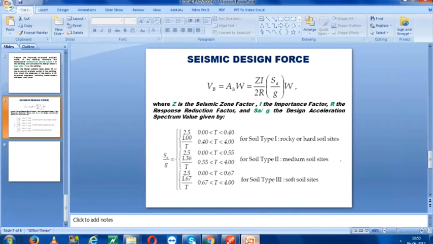Z by 2 into I by R, Sa by g, multiplied by g into